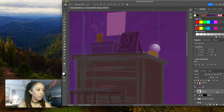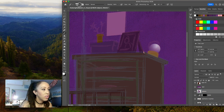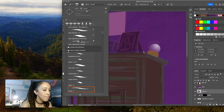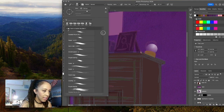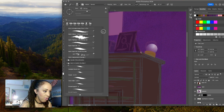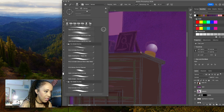And go back to my objects. Let's see what brushes I was using last time. Alright, I used the pastel. What's that one? Dry media. Okay, so it does tell me. I wasn't sure if it tells me what the brush is when I hover over it. Alright, so I want to find